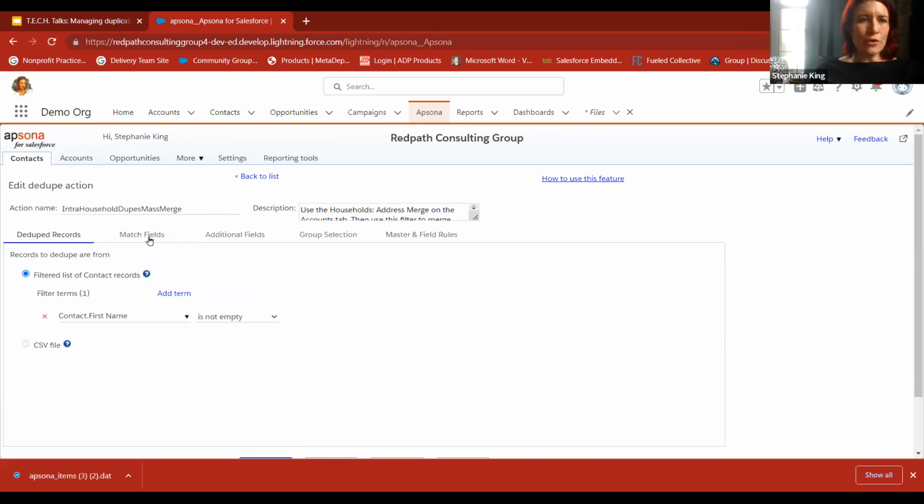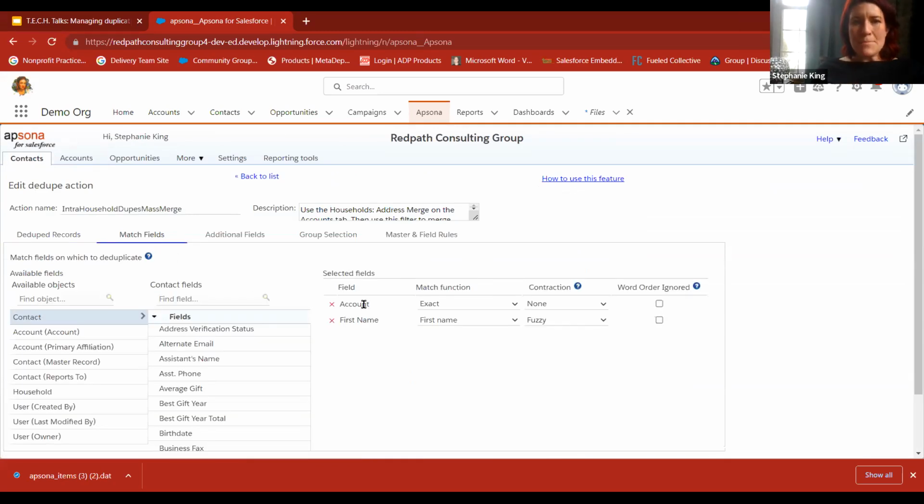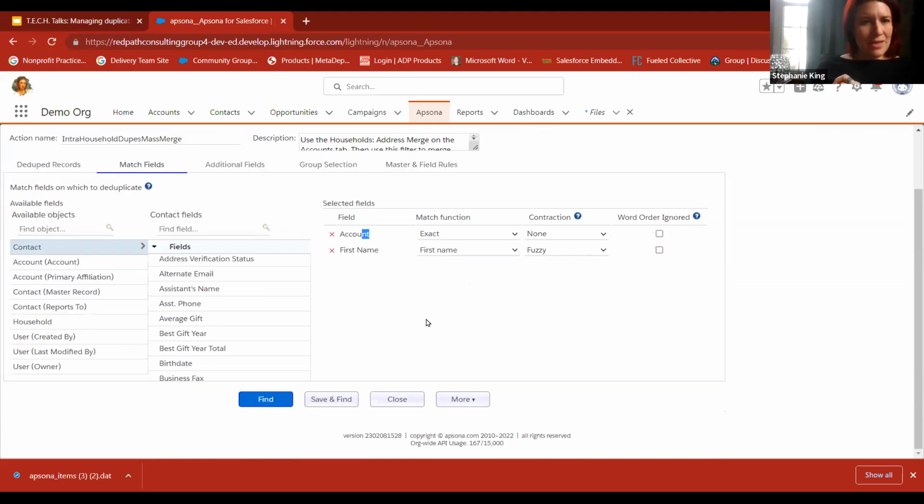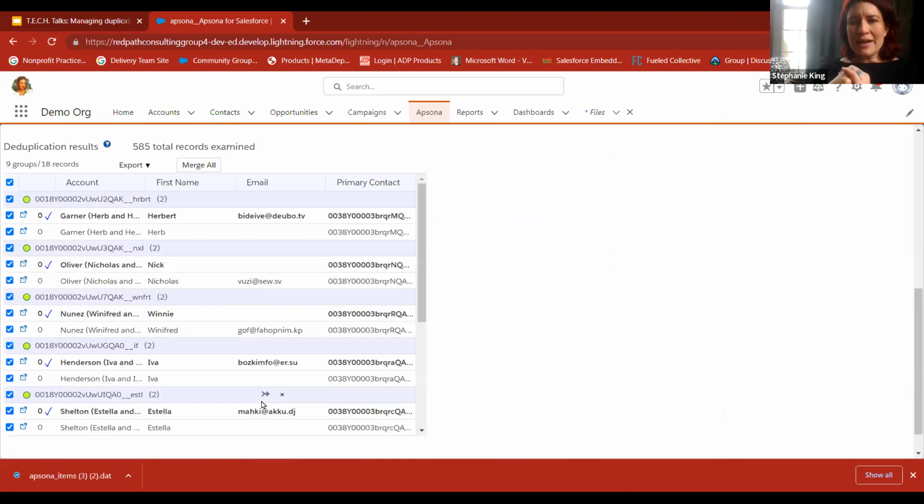This is looking for households, matching account, where people have the same first name. The only spot where this one is going to kind of goof up is if you had a lot of seniors and juniors in the same household, like if you have families and it's like Charles Senior and Charles Junior. So you got to watch out a little bit, maybe bring that suffix in as a